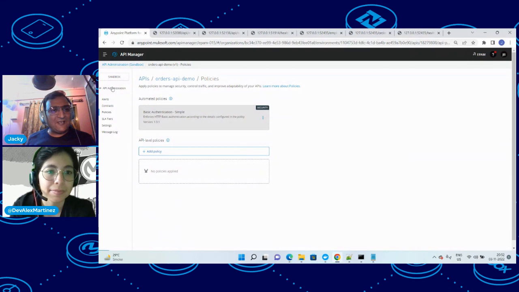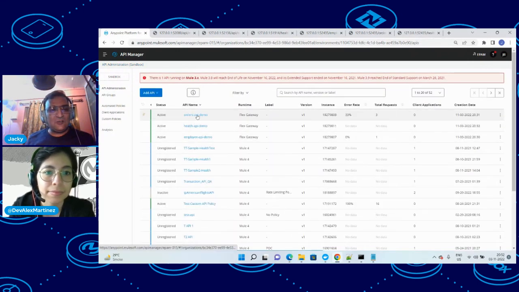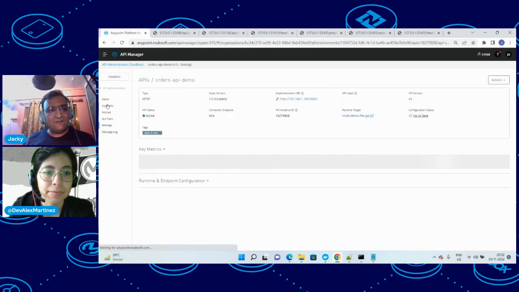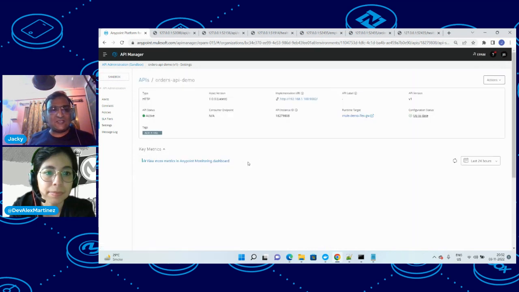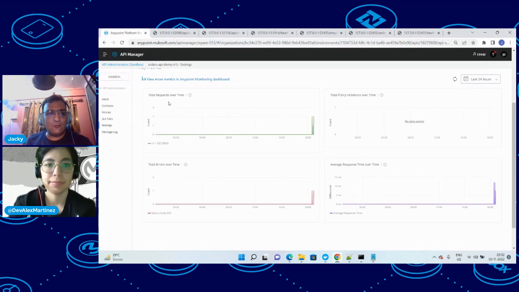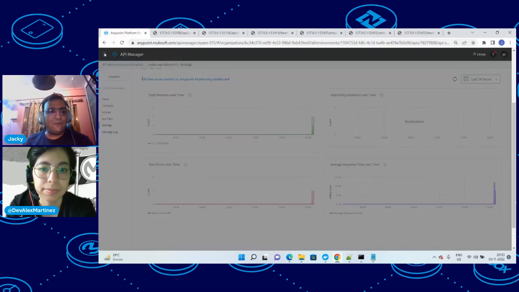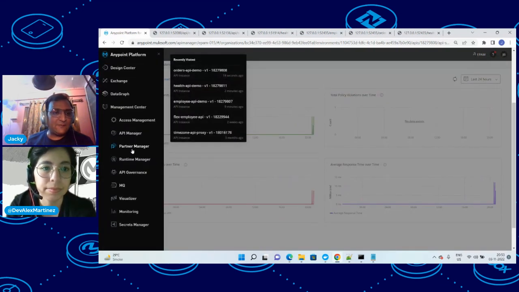Right, and there are a few more things I can tell. So you can apply the alerts and everything for your Flex Gateway, and also you can see all the analytics for your Flex Gateway. You can see how many requests came over the time, total policy violation. If somebody tries to keep on sending the wrong passwords and username, you can see the violations, total errors over the time, average response time. Apart from that, you can go to the monitoring part,